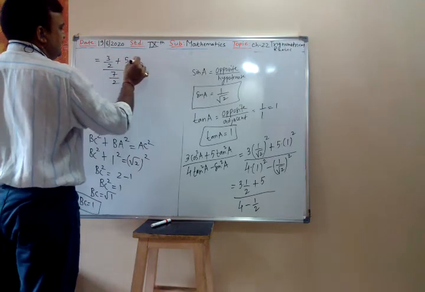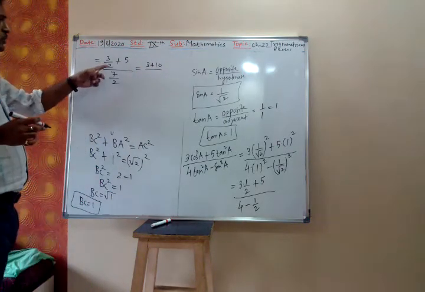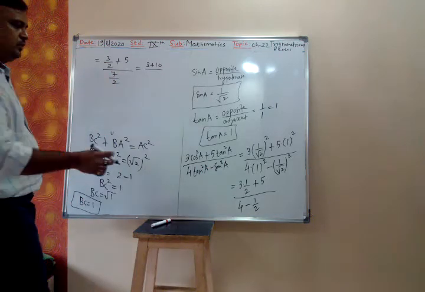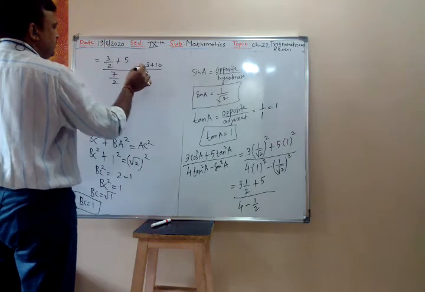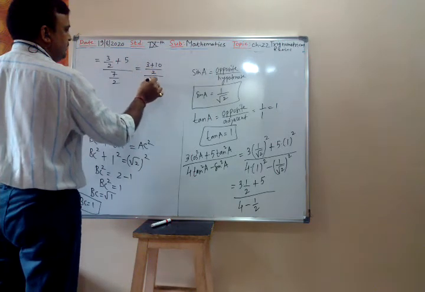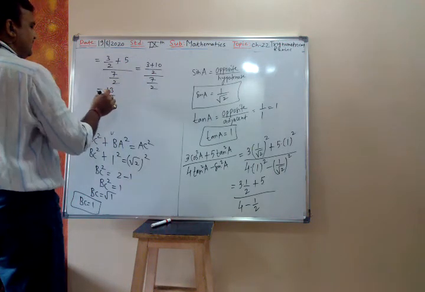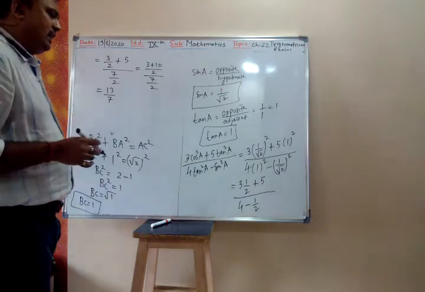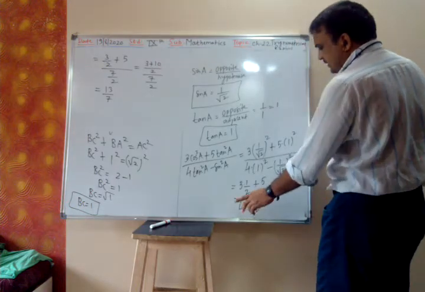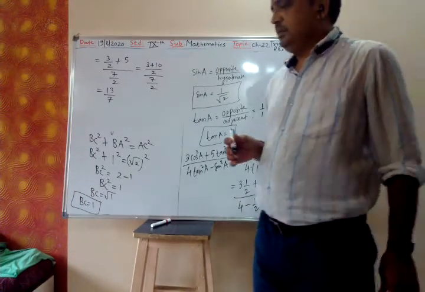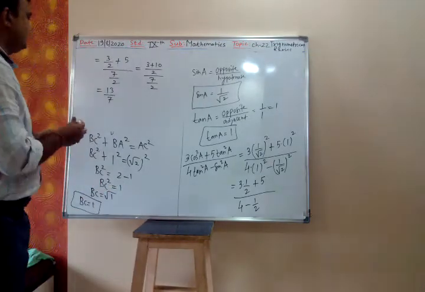So this you can write as 3 by 2 plus 5 upon 7 by 2, wait, 4 minus 1 by 2 is 7 by 2. So 3 plus 10 upon 2, upon 7 upon 2. The 2 gets cancelled, that is 13 by 7. 4 I can write as 4 upon 1, then I have taken the LCM of the denominator and simplified. So the final answer is 13 by 7.